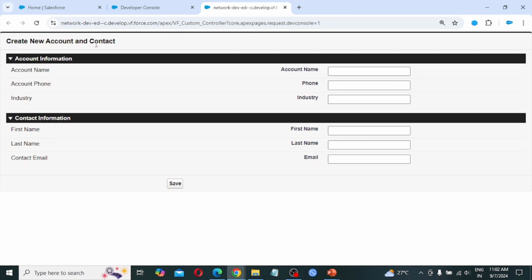So create new account and contact. Account information is here and then contact information is here. Here we are providing the information: account name Hyundai Private Limited, phone a random phone number, industry automobile, first name Will, last name Kaiser, will@gmail.com. Clicking on the save button,